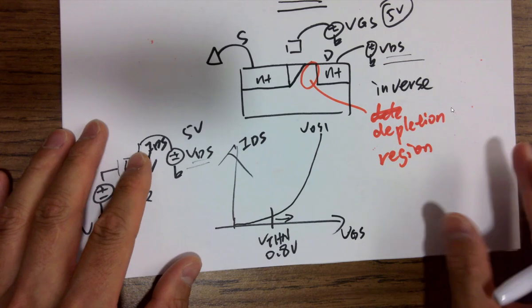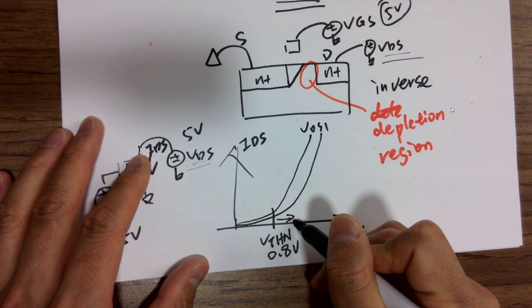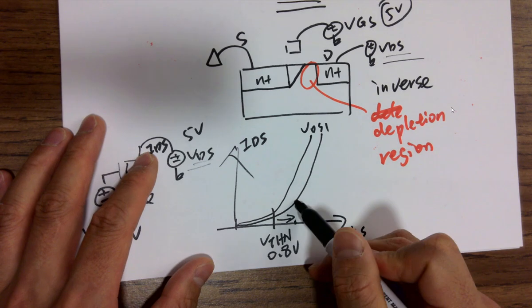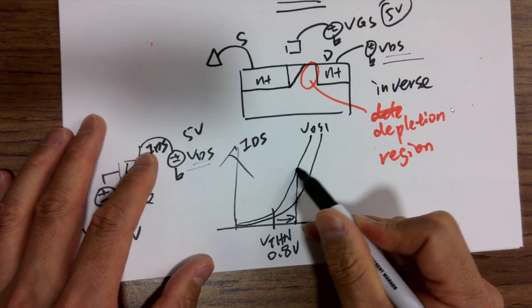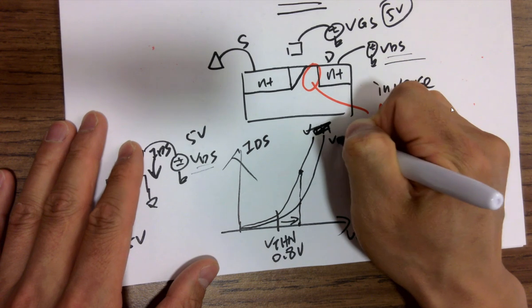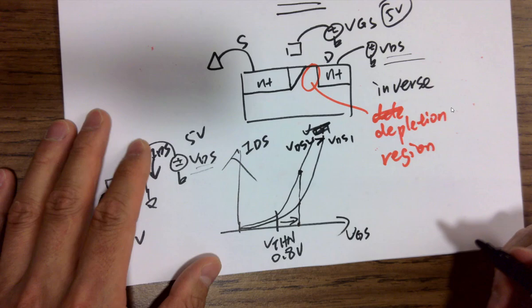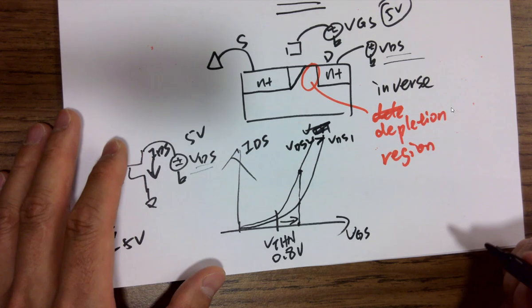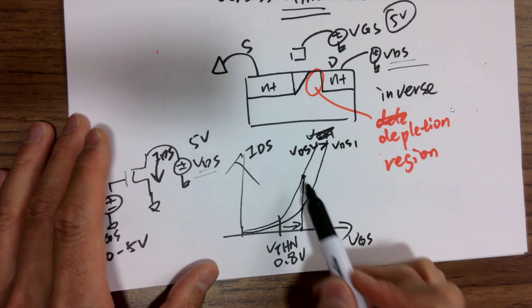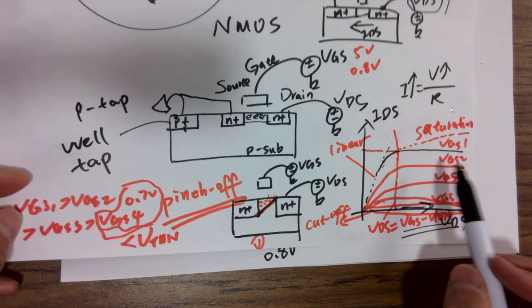Left. Why? Let's see. Because with the same VGS, this is giving you more current. So if this is VDS1 and this is VDS2, this is larger than that. Make sense? And we're going to plot these curves during the lab and also on the quiz